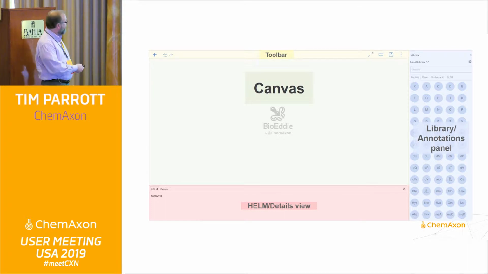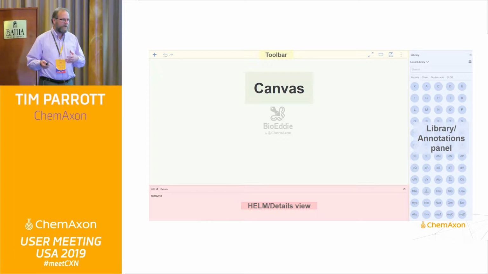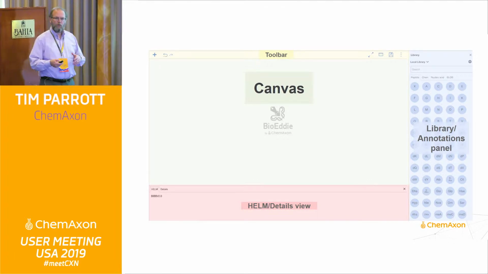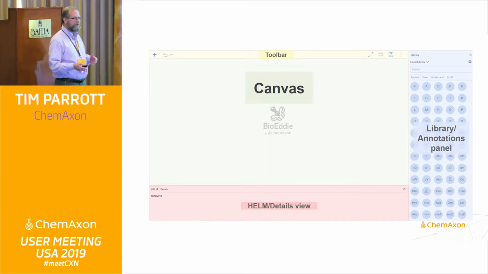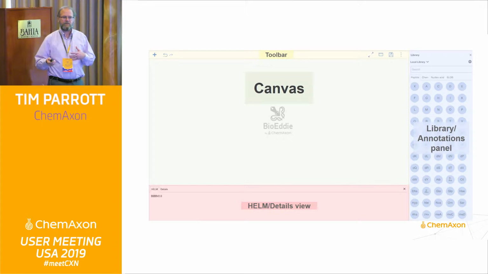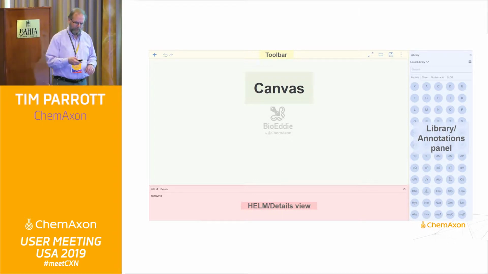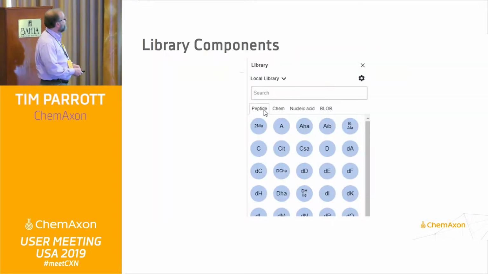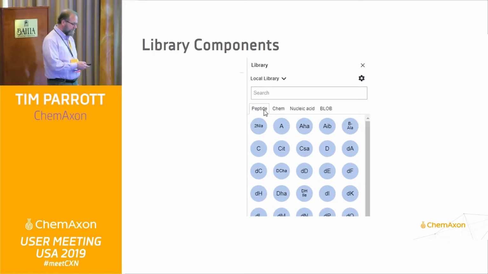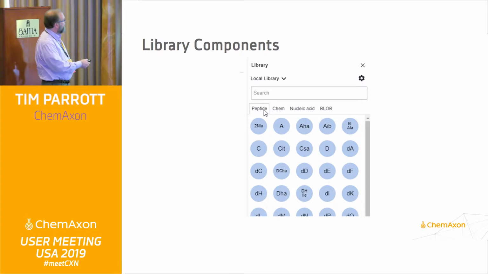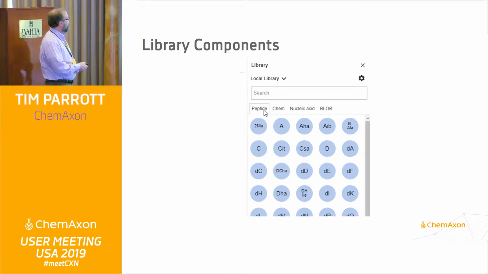And then finally at the bottom, we have the ability to move between the Helm world and the details view, where you can get a little bit more of the chemical information. And so we can toggle again back and forth between more of a sequence-based view and more of a chemical structure view. And just to sort of do a quick survey of the different components, we have quite a variety